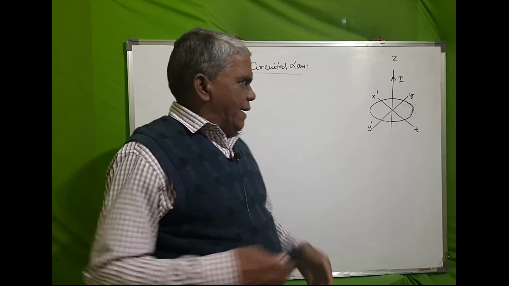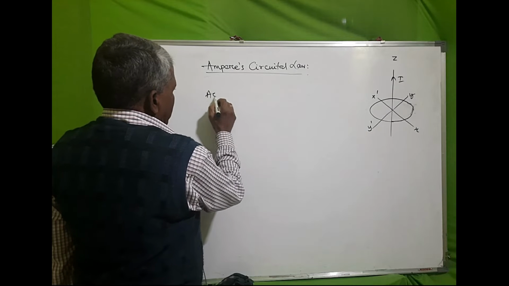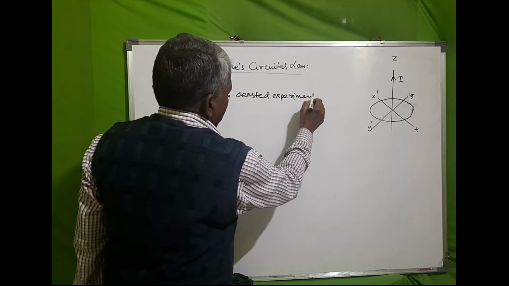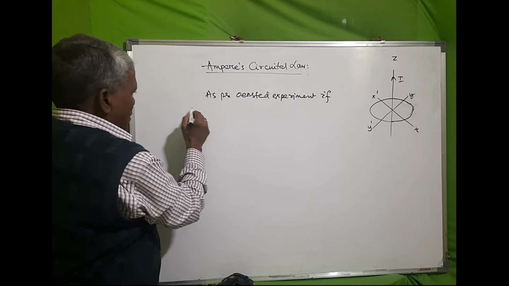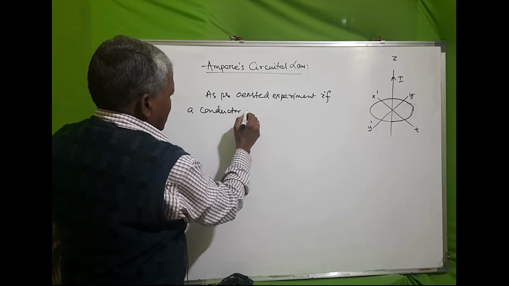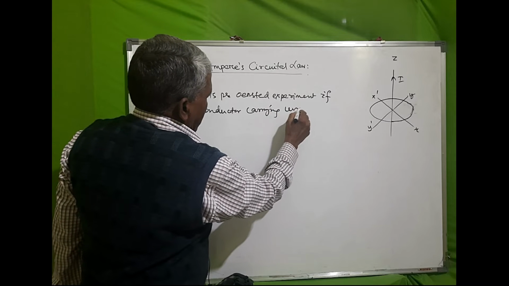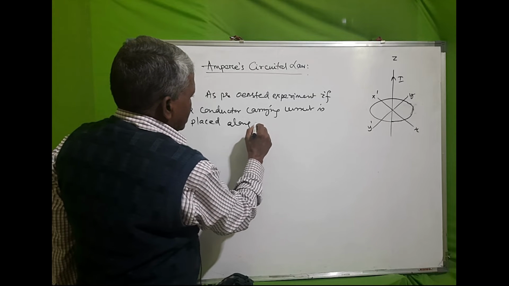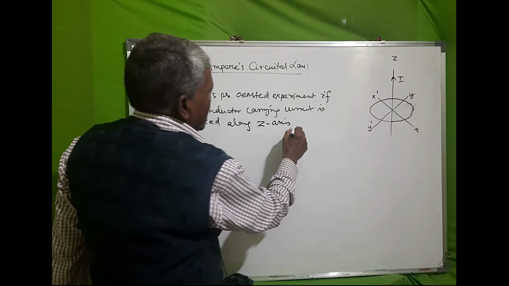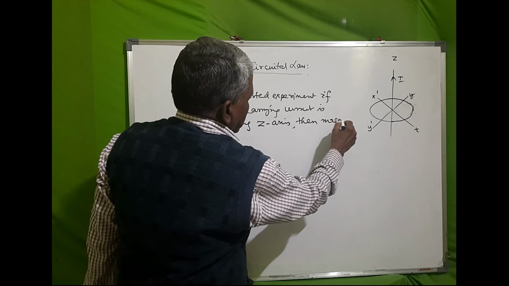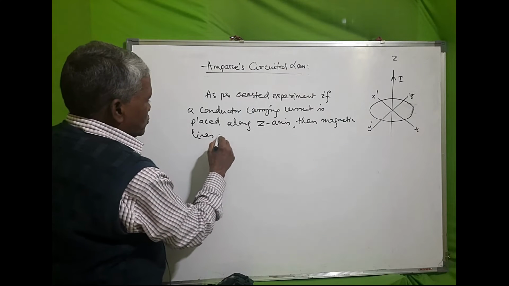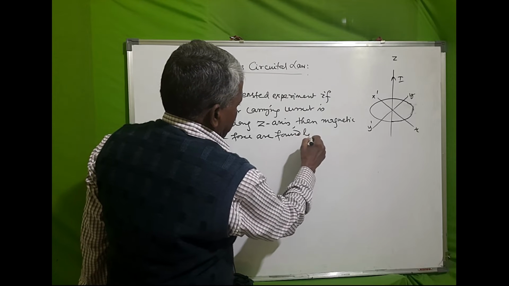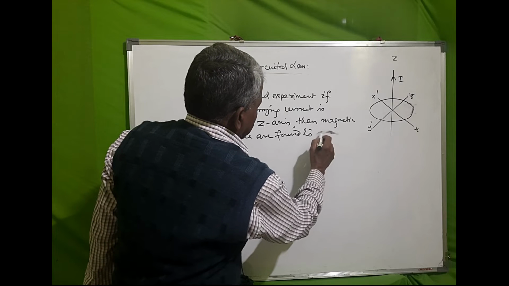We have read in Oersted's experiment that if a conductor carrying current is placed along the z-axis, then the magnetic lines of force are found to be concentric circles